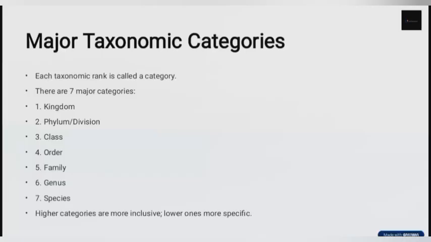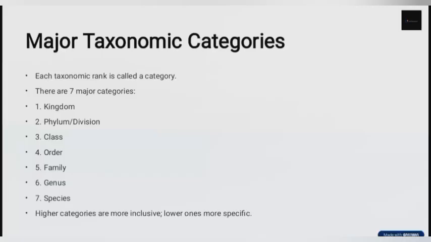So in kingdom, we look at organisms and say which kind of cell do these ones have? Are they eukaryotic cell or prokaryotic cell? What kind of nutrition do they exhibit? Can they produce their own food on their own? If yes, then they are autotrophs. That means they are plants. We call them